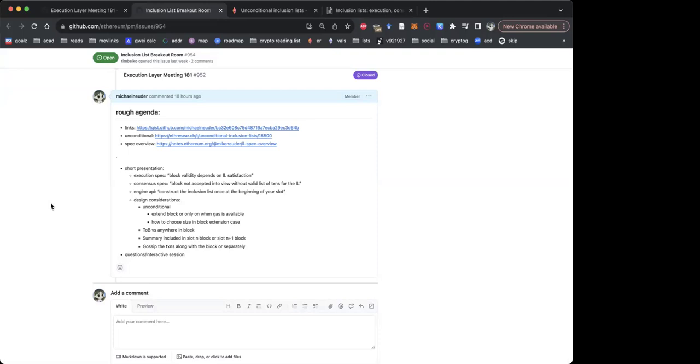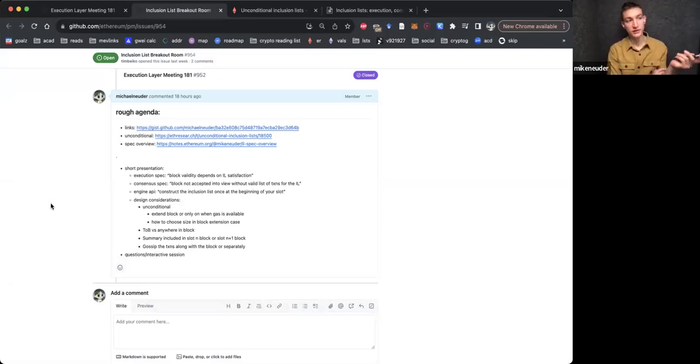Wouldn't we just keep the ILs around with the block forever? Well, the interesting thing is the block won't be valid unless the IL is satisfied, right? So as you go through these state transitions, you can verify each time in the past that the IL was satisfied. I think the point Terrence is making is that the current block validity in terms of the fork choice view depends on this IL object existing alongside it.